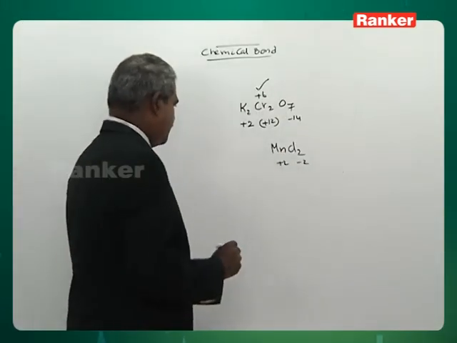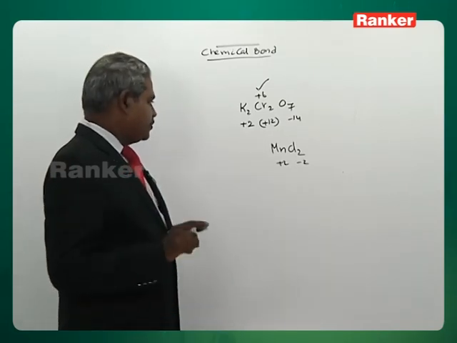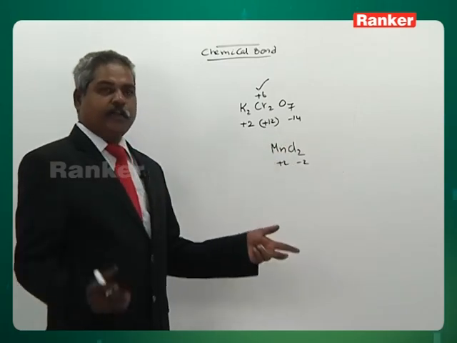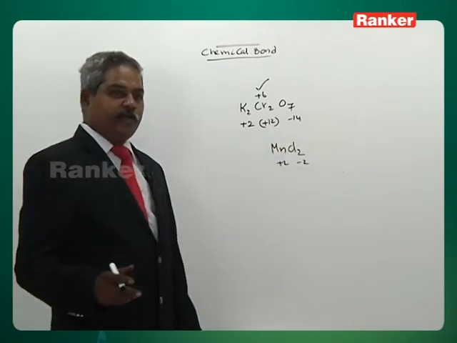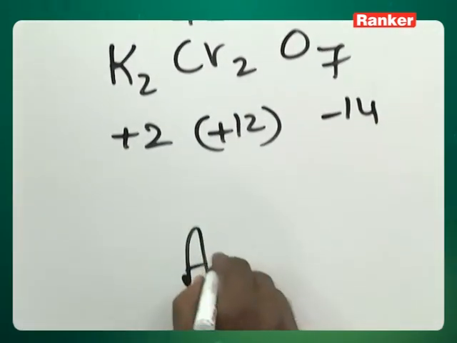Manganese is not fixed, but we know that one of them has to be positive, one of them has to be negative. Chlorine is the negative one, and when chlorine takes, it can take only minus. Chlorine has only one negative, that is minus. Arsenic sulfide,